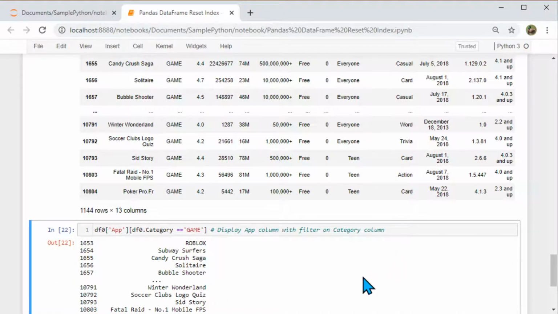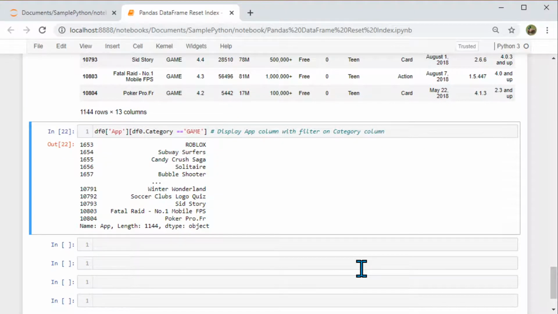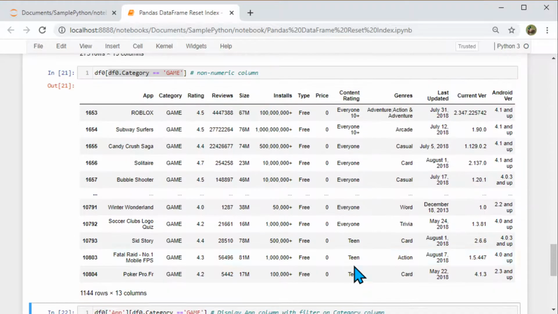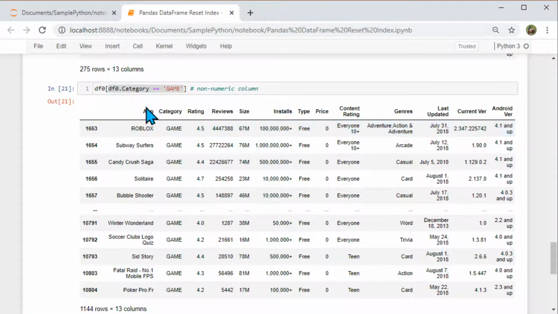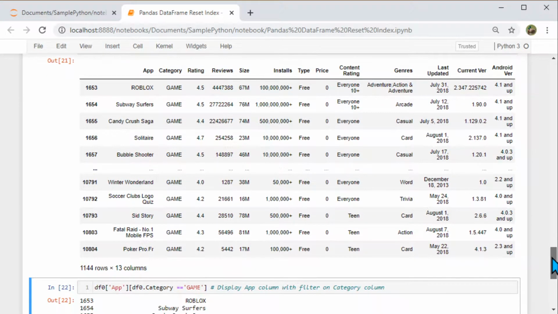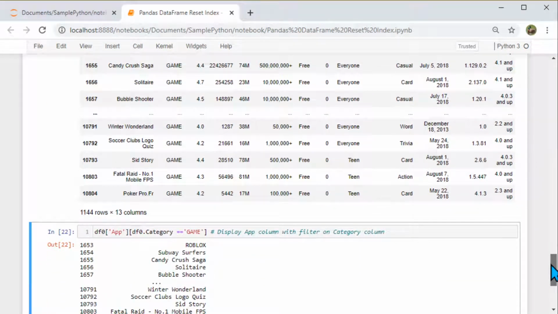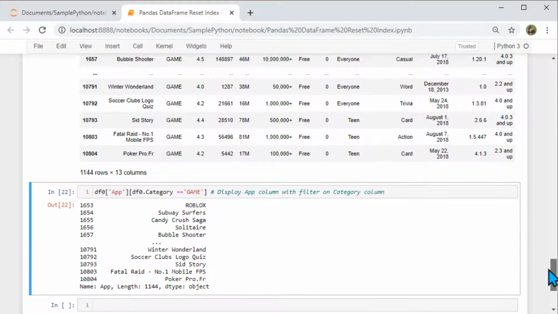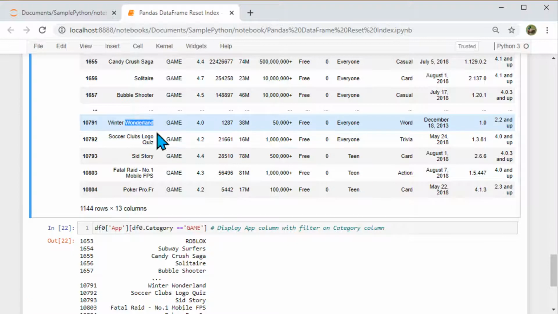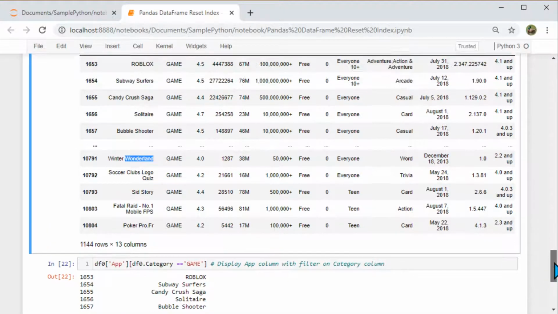If you see, it's going to display all the apps which have game in the category column. If you look back, the values are the same, right? Candy Crush, Subway, and all those things, pretty much Winter Wonderland, and here you see Winter Wonderland. So that particular one column you can display.